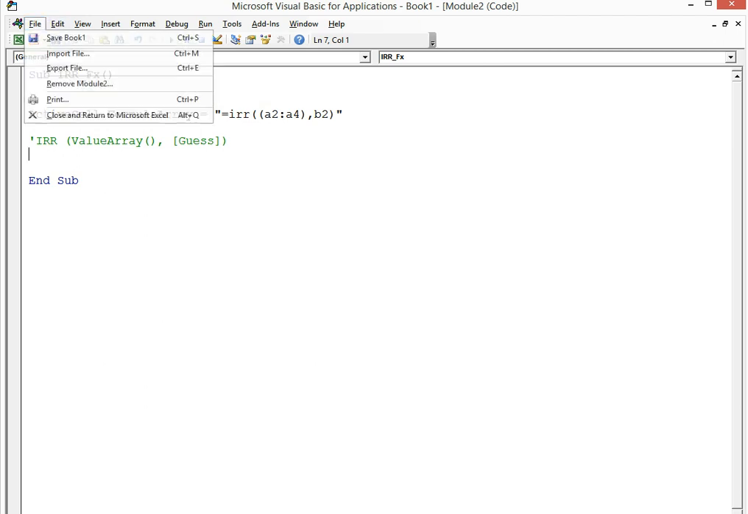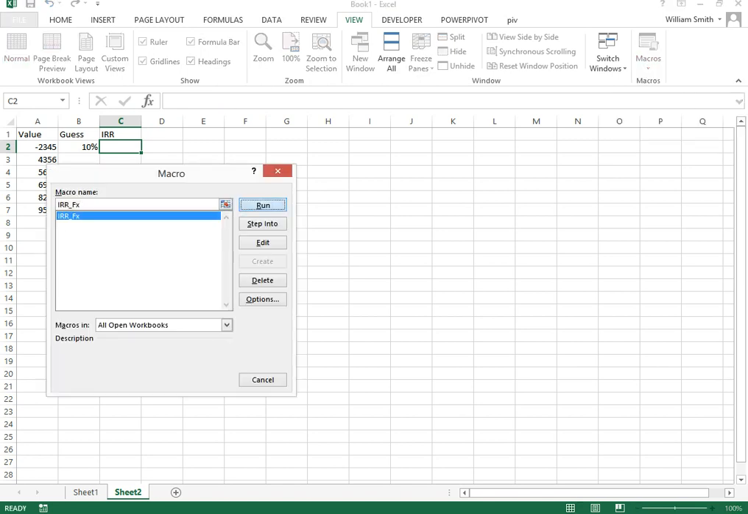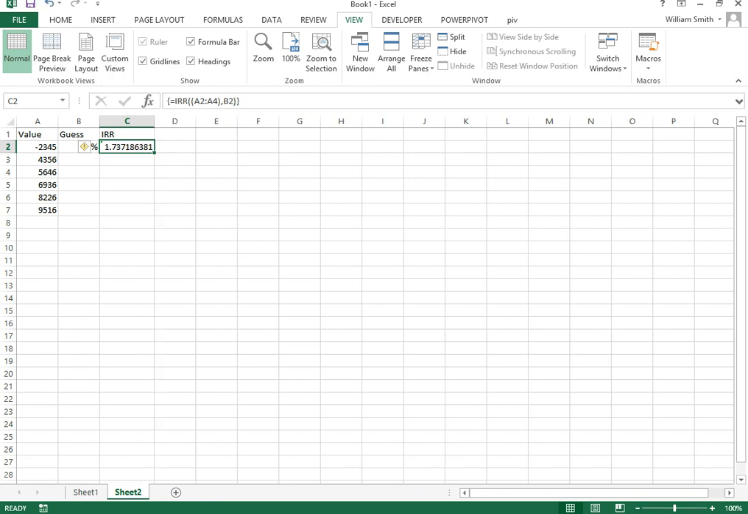Now if I close this, cell C2 is where I want to insert the formula. So if I click on the macros drop down list in the view tab of Excel, and click on view macros, and then click on run, it's now inserted that value of internal rate of return, IRR, of 1.73